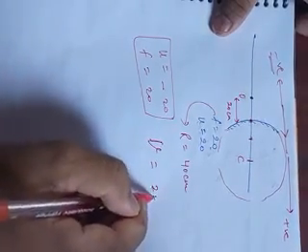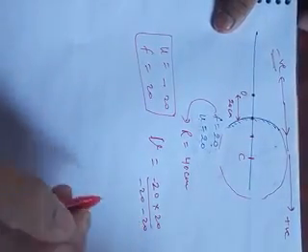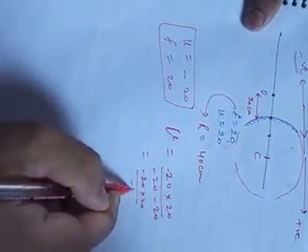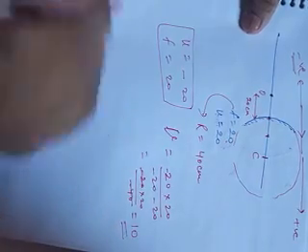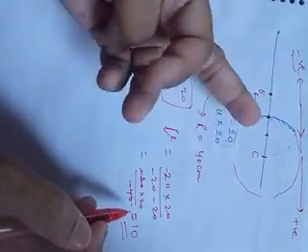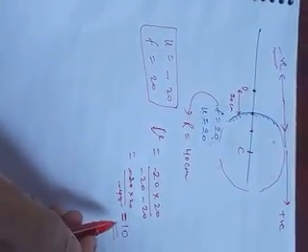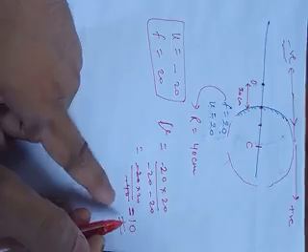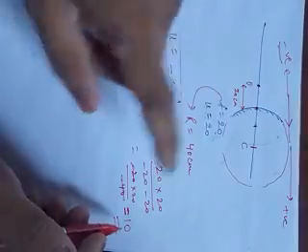v equal to uf by u minus f. So what we are getting is minus 20 into 20 by minus 40. This is 2, so 10 centimeter. 10 centimeter is the v. So v 10 means on the positive side. Now can you tell me the nature of the image? Is it real or virtual? Since the rays after reflection will go back to the left side, but the image you are getting on the right side, the intersection will not be actual, so it should be virtual. So the image will be virtual.